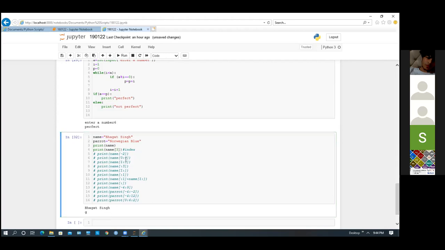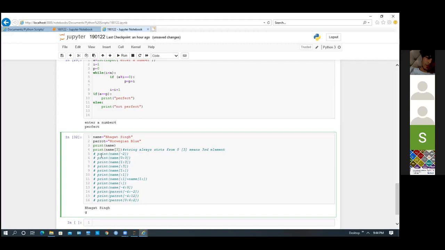So it is printing that element. Also keep in mind a string always starts from 0. This means the third element. Okay.